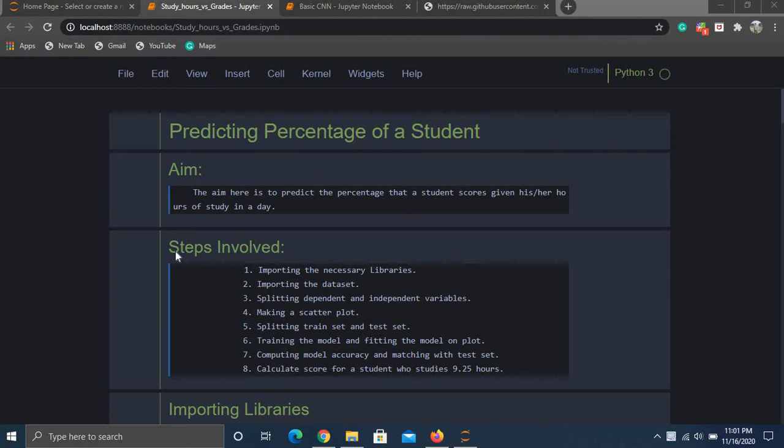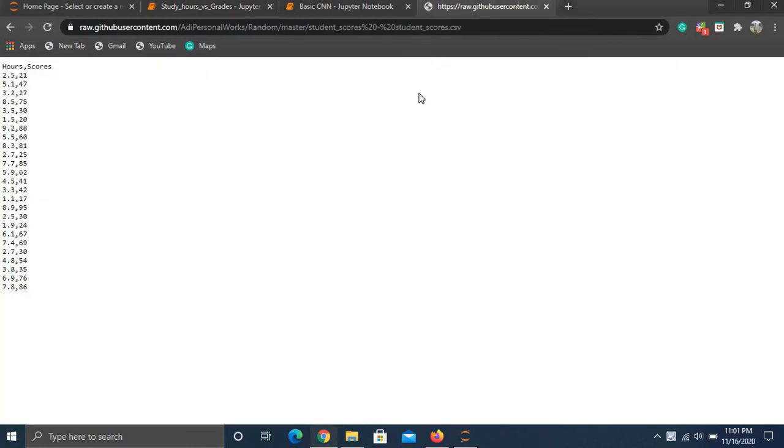I'm just going to show you the data set really quickly. It is hosted in this web browser. As you can see, the left side shows the number of hours and the right shows the score of the students given the number of hours he studies. A student studying for 2.5 hours in a day might get a score of 21, whereas contrast that to someone who studies for 7.8 hours in a day and gets a much higher score of 86. So our aim is to build a model that can predict a student's marks given the number of hours he